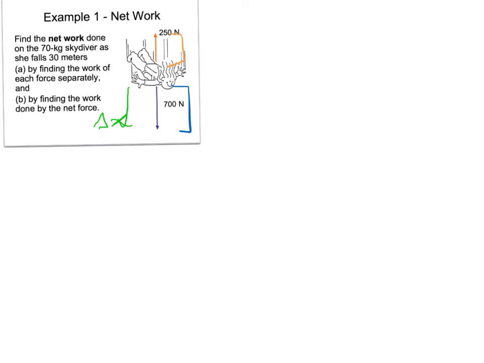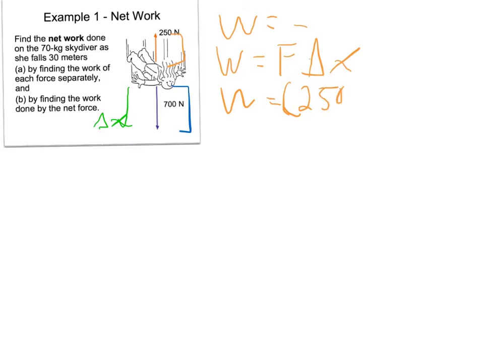And let's look at the question. Find the net work done as the 70-kilogram skydiver falls 30 meters, first by finding the work done by each force separately. So with the orange force, displacement and force are in opposite directions, so that's going to be negative. And work equals force times displacement. Work equals 250 newtons, and we said this is going to be negative, times 30 meters. Work equals negative 7,500